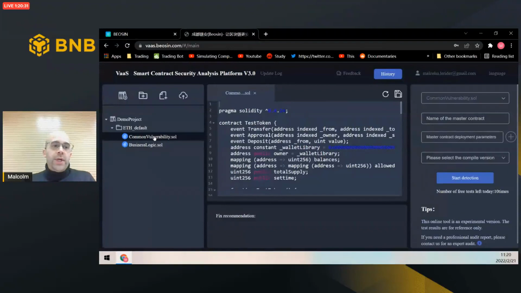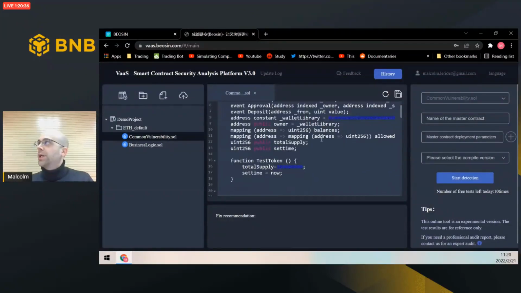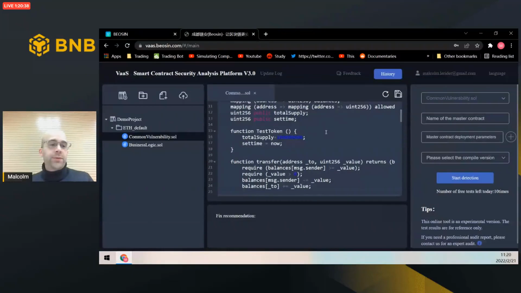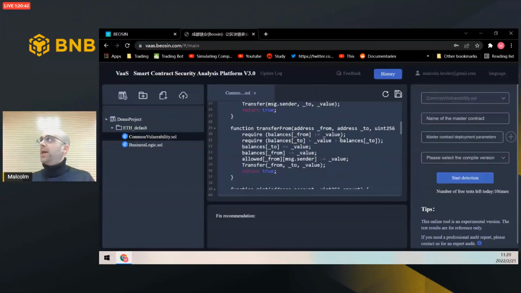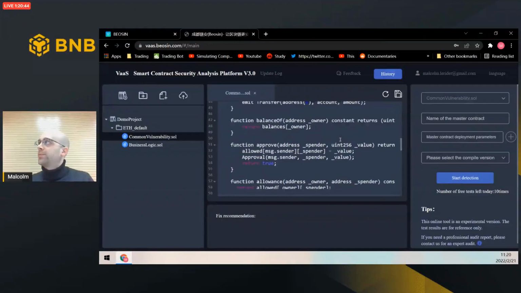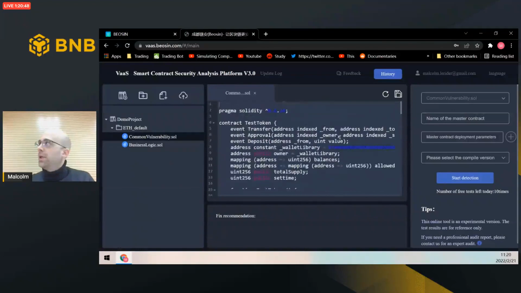So here we have a smart contract for a regular ERC20 token. At first sight, it might look quite ordinary. There's nothing strange. It has a transfer function. It has balanceOf, approval and so forth. So the first thing we want to do is to look at the version that this smart contract is written in. So it's